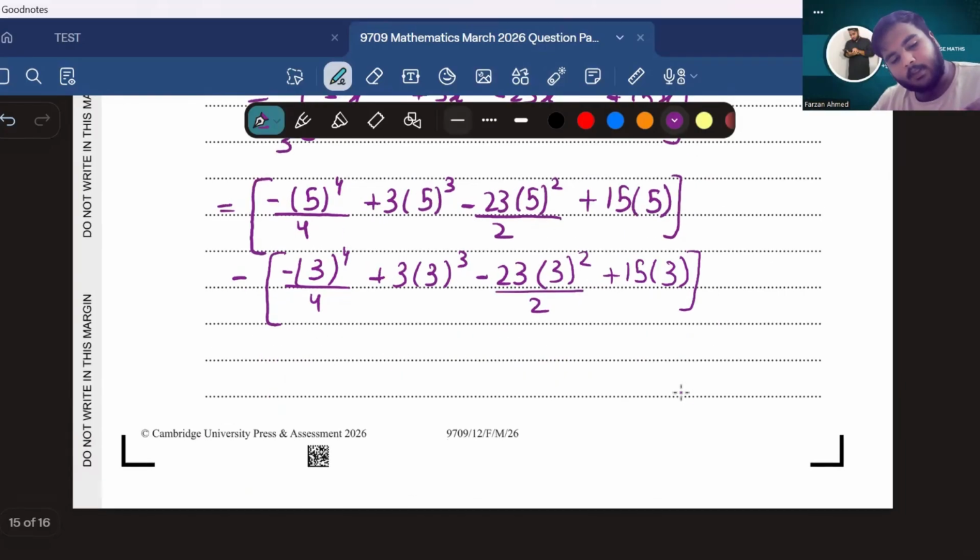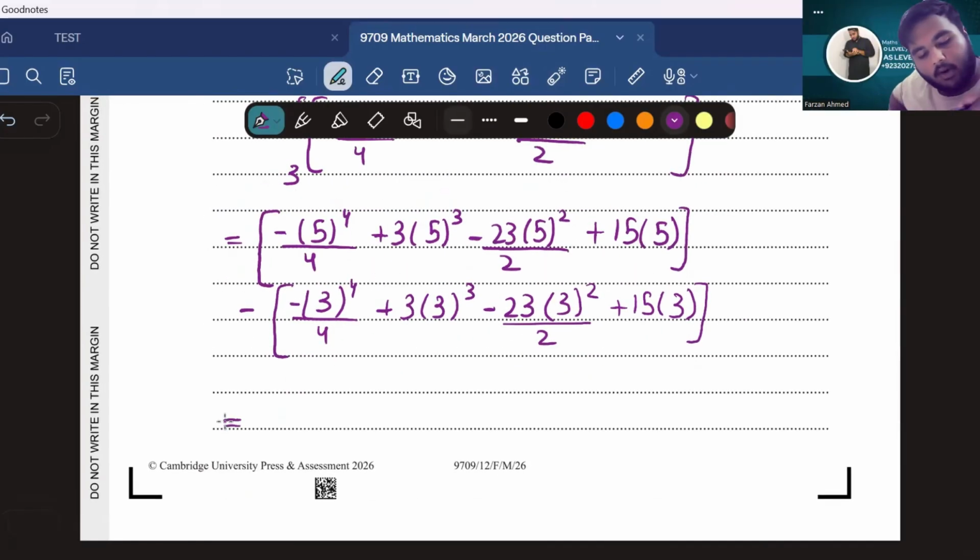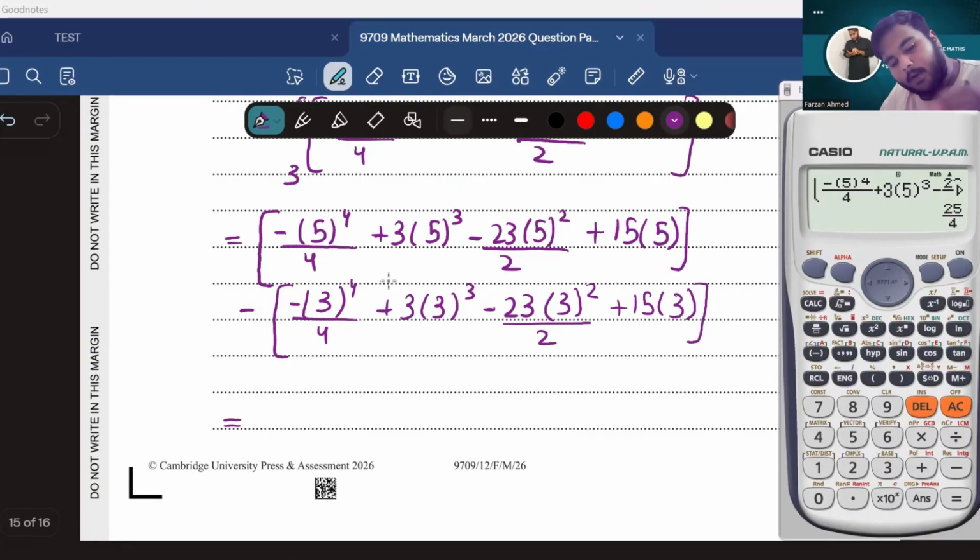By using the calculator, we can find it. In the calculator we got 25.4